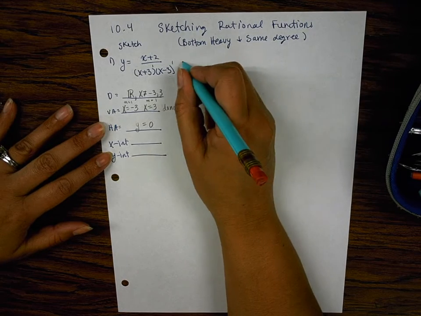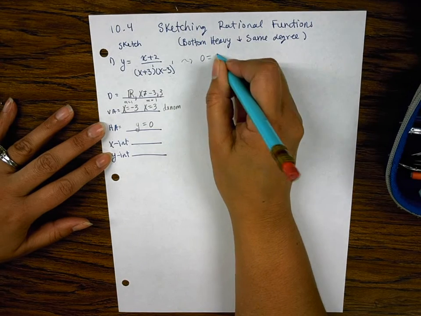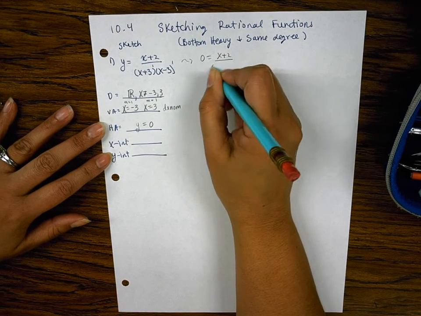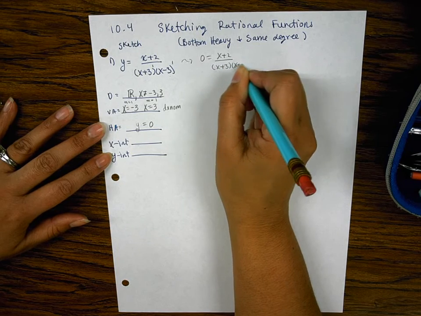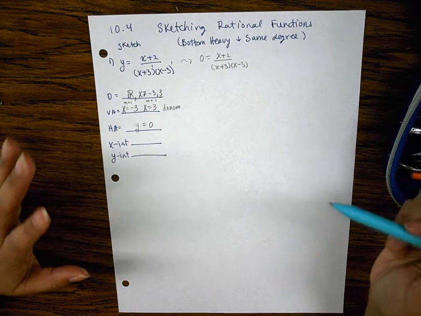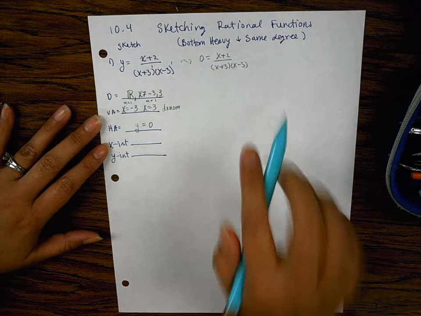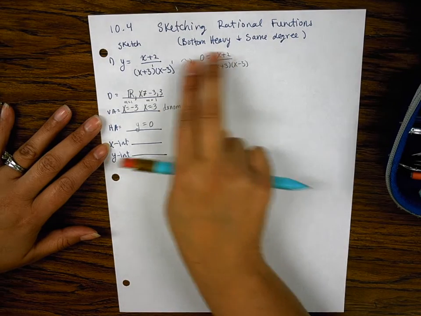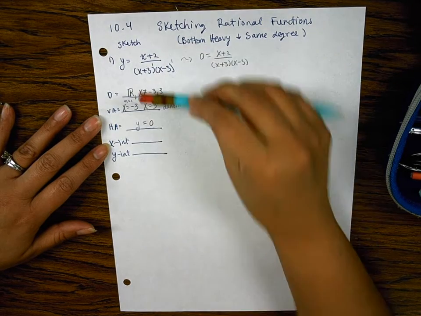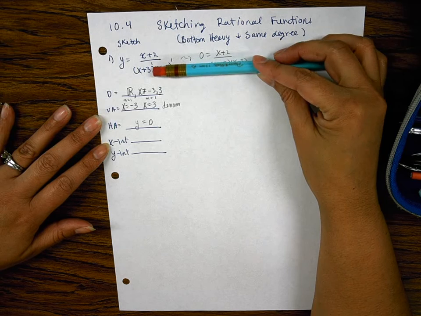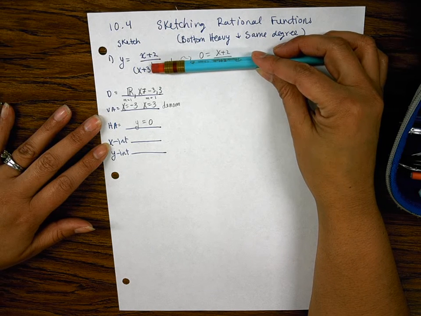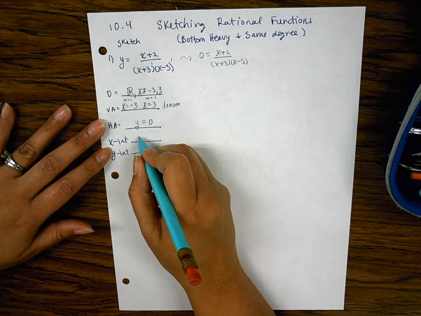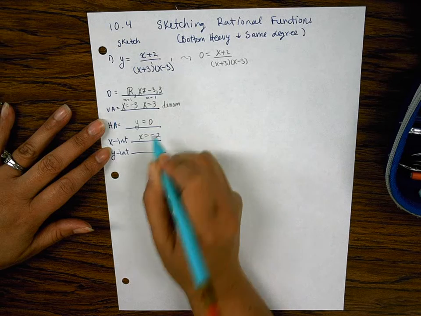X-intercepts, you take the equation, make it equal to 0. 0 equals x plus 2 over x plus 3 times x minus 3. I'll let you guys solve that on your own. You clear it by multiplying both sides by the denominator, remembering that's going to clear the denominator, leaving that behind. 0 equals x plus 2 means x equals -2 is